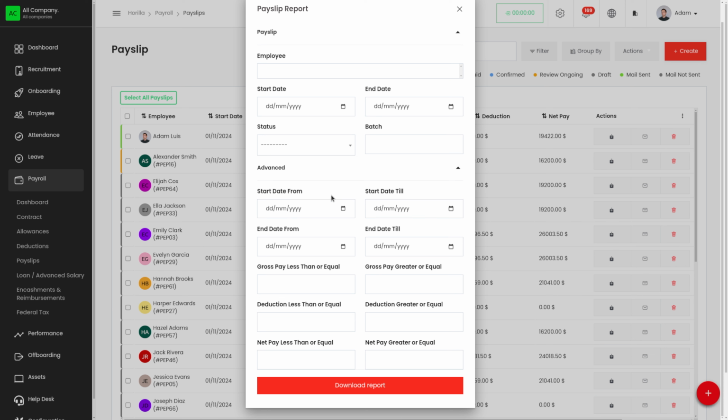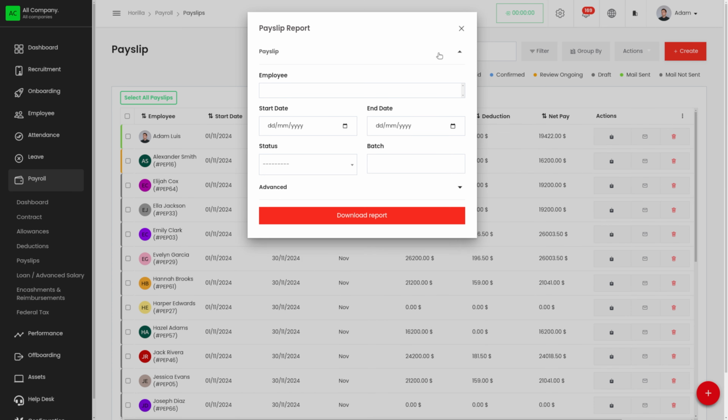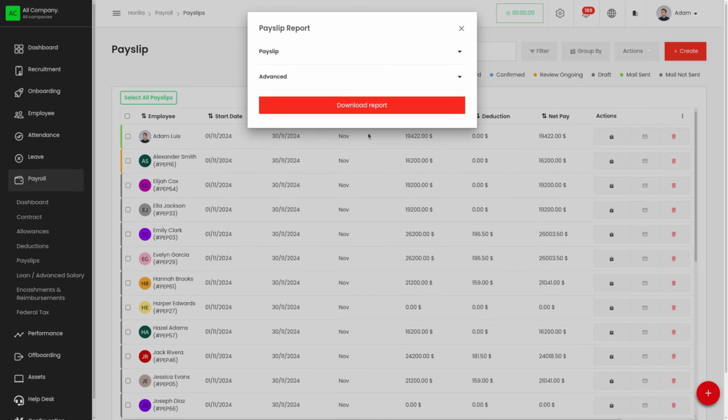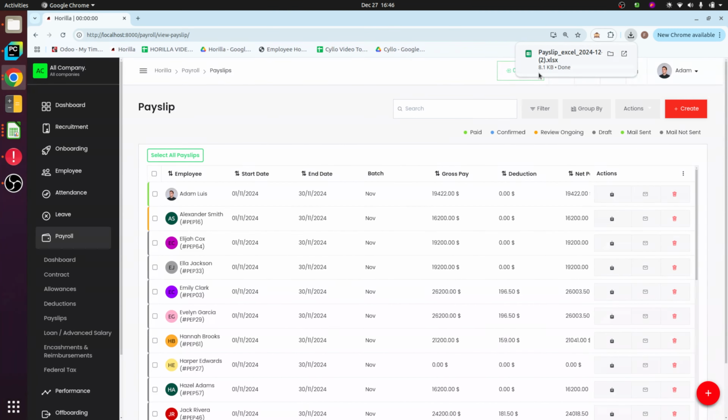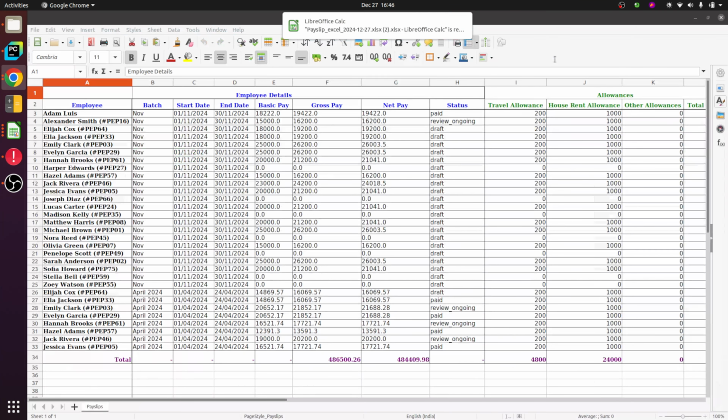We can set the start date from, start date till, end date from, end date till, gross pay less than or equal, gross pay greater or equal, etc. So we have different advanced options also. I'm not giving any right now, but I'm just downloading the report. When we click on that, the detailed payslips will be exported and we'll be able to find the sheet